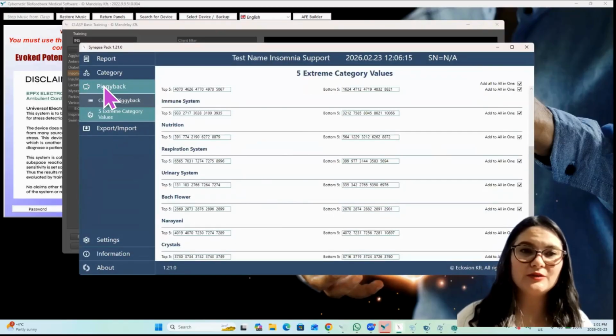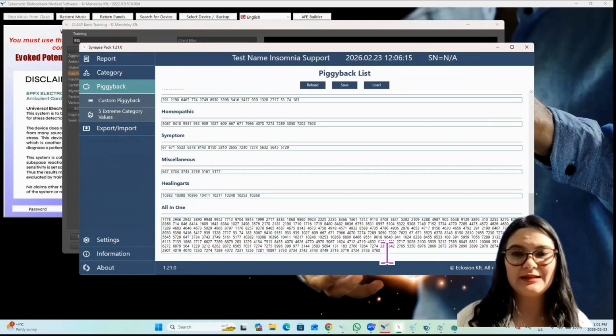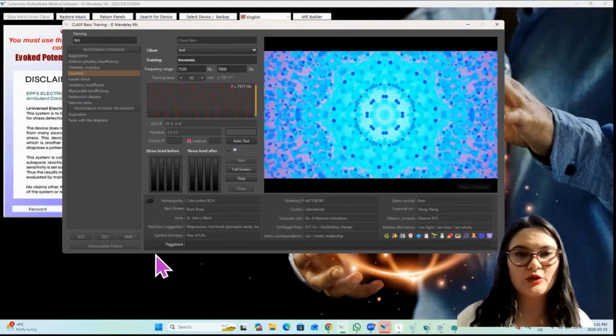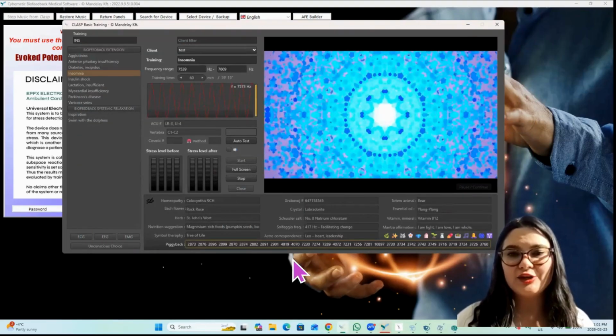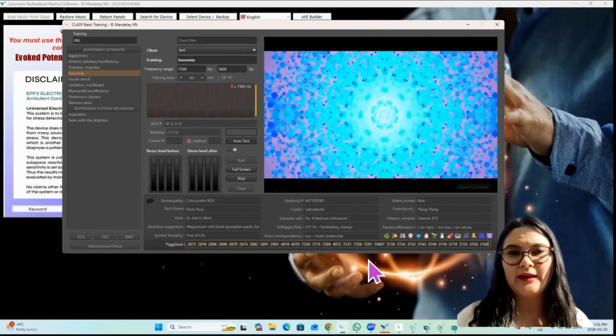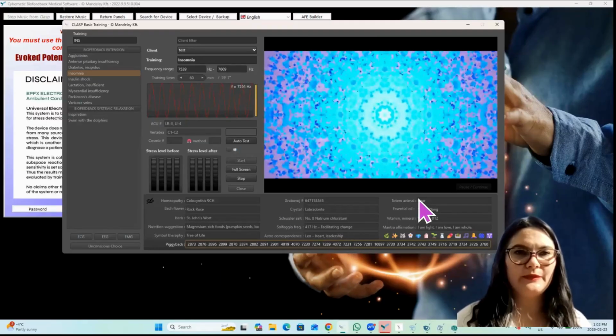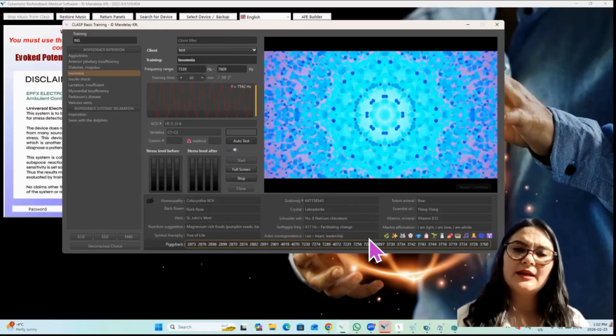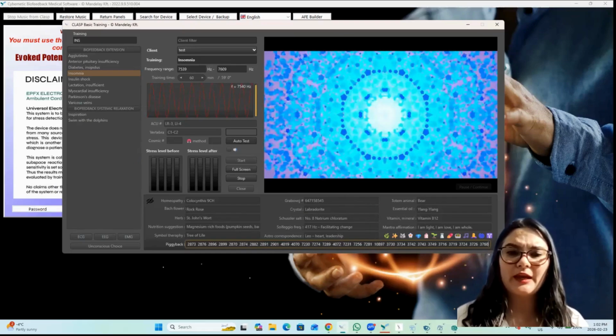In here, we also have all the piggybacks that came out that can benefit the wellness issue with the client. So we can add those piggybacks in here as well to make sure that this is going to be added into the treatment. So with this, we have a full session that is pretty much like taking care of different